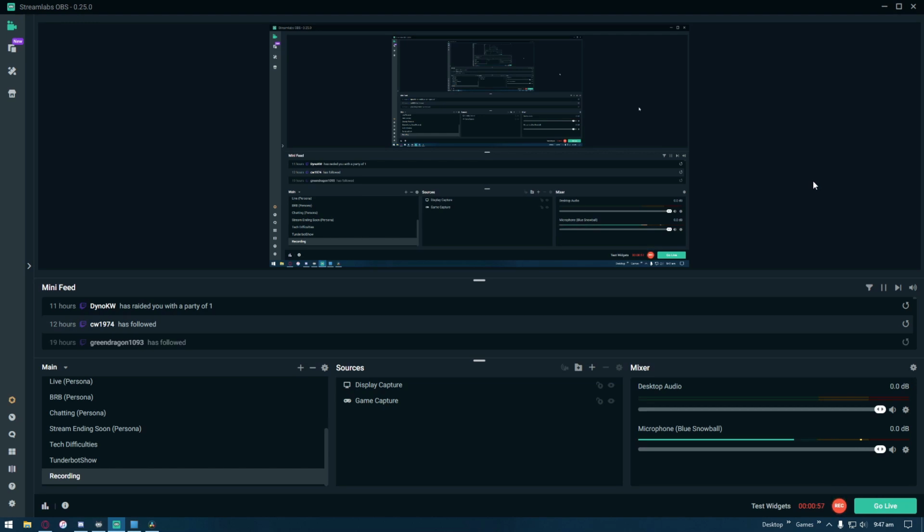Now, what you can do there is you can split out the audio layers so that you can have your game audio coming through one channel, you could have Discord coming through another channel, and you could have your mic coming through another channel. Now what that means is that you can then mute or cut or isolate any of those audio tracks at any particular point in your software, so you could cut it out completely and you can focus on the game audio or the microphone or whatever you want to focus on without detrimentally affecting the other